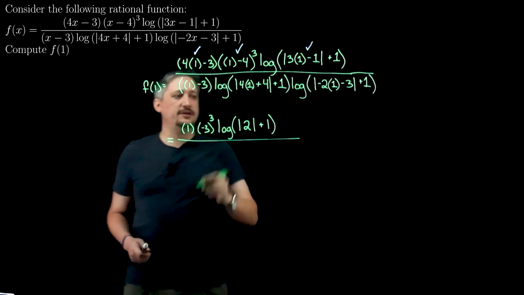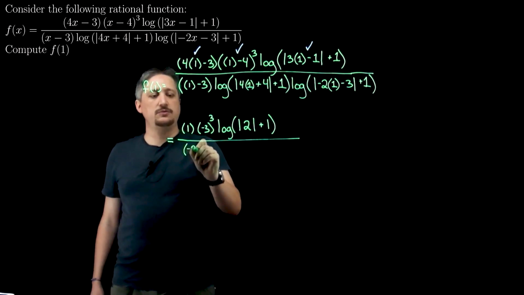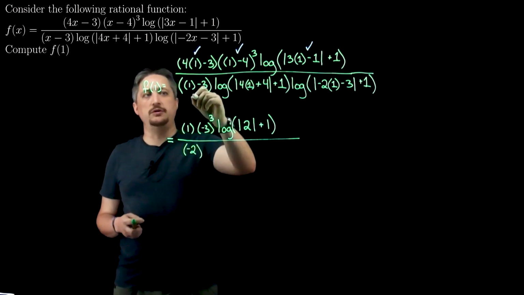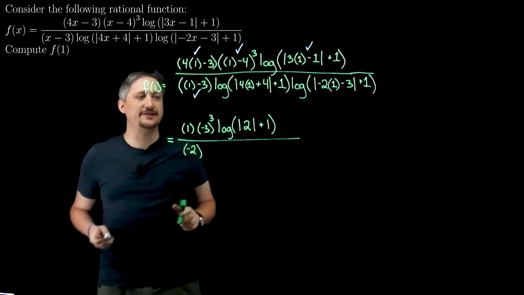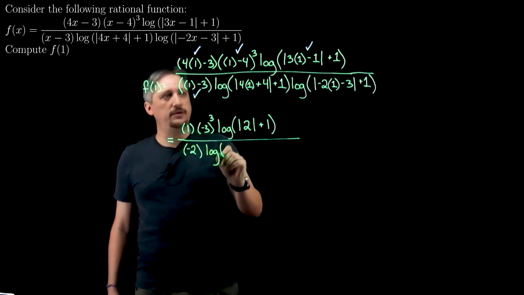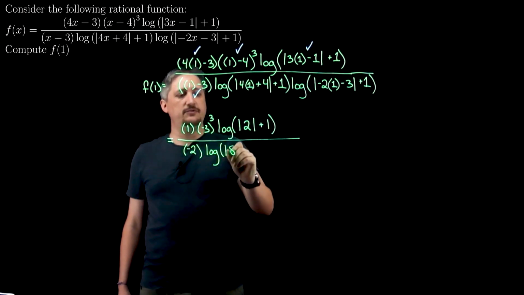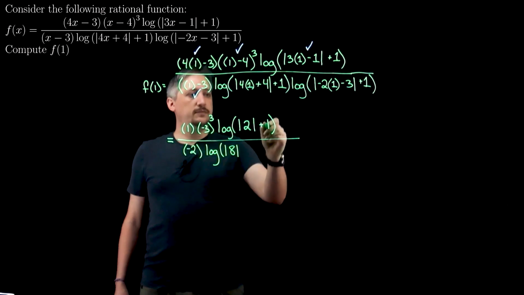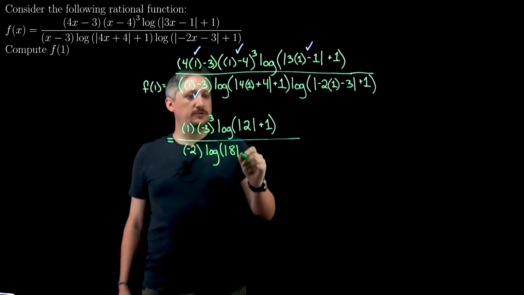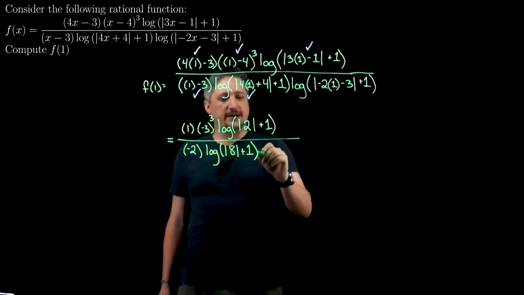All over, I'm probably going to need a longer line, but that's okay. 1 minus 3, so that's negative 2. Again, one term at a time. Don't look at everything and get intimidated. And I have log open. 4 times 1 is 4, plus 4 is 8 in absolute value. Again, I should make my ones a little more fancy so that I can tell. So plus 1. So that was that term. And then my last term,